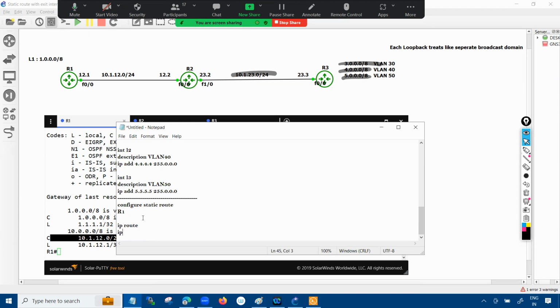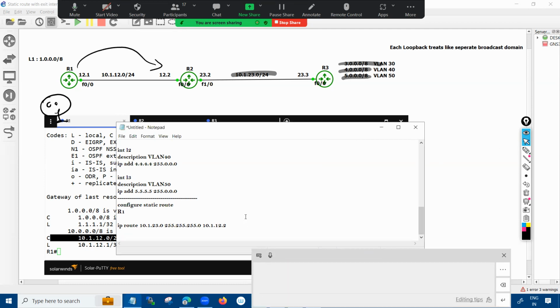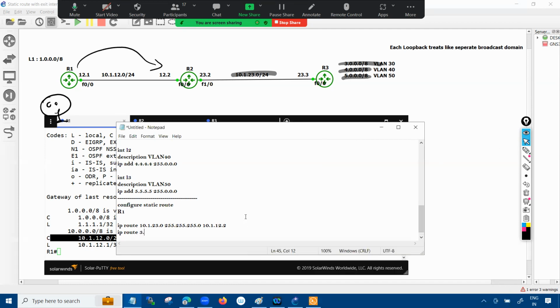One is IP route 10.1.23.0/24, and the next hop will be 10.1.12.2. The next hop will always be your neighbor's IP address. So if you're sitting on router number 1, who will be the neighbor IP address? Of course, this one. How about IP route 3.0.0.0? The next hop will be